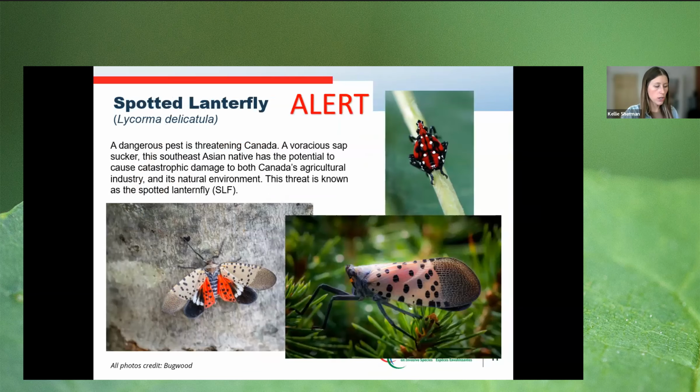Okay, so moving on to our next alert species, spotted lanternfly, which we actually just completed a really informative fact sheet on, which can be found at CanadaInvasives.ca. So I stole most of this information from there. But spotted lanternfly is a dangerous pest threatening Canada. A voracious sapsucker, this Southeast Asian native has the potential to cause catastrophic damage to both Canada's agriculture industry and